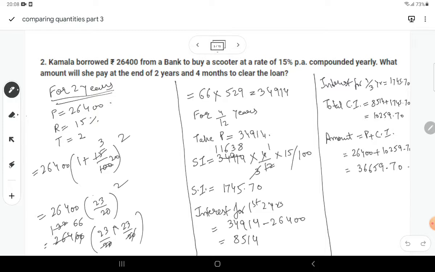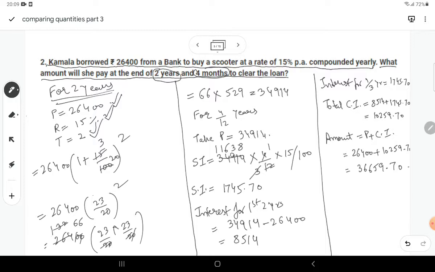Moving on to question number 2, it says Kamla borrowed rupees 26,400 from a bank to buy a scooter at the rate of 15% per annum compounded yearly. What amount will she pay at the end of 2 years and 4 months to clear the loan? So we have to calculate for 2 years separately and for 4 months separately. So for 2 years, P is equal to 26400, R is equal to 15%, and T equal to